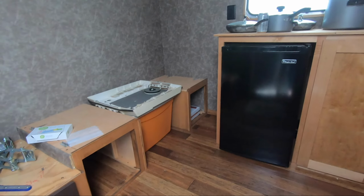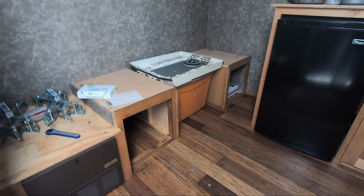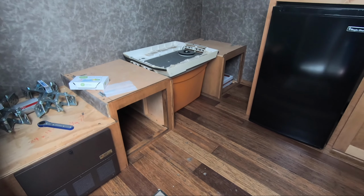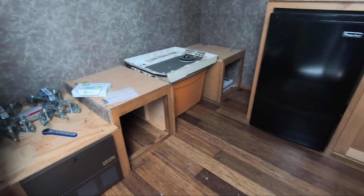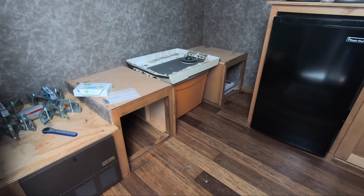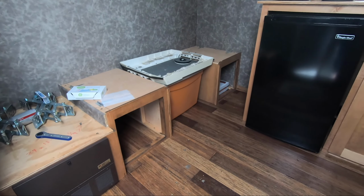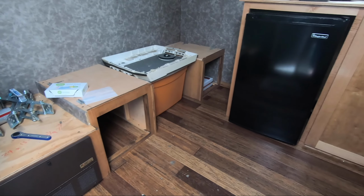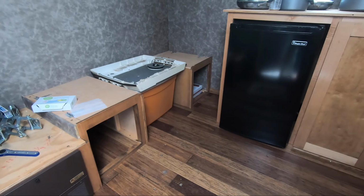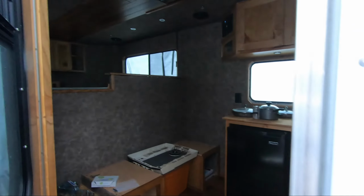There's still some additional trim work to do. We were undecided how we wanted to finish off this little sit-in kitchenette area, if you wanted to do a pull-out or a bench type couch and bed. And I believe we are going to take this out in favor of a pull-out or some sort of a modified pull-out bench couch option. Now that we have the 2 kids, we'll need a place for them indoors, at least until we can kick one of them out in a tent for the weekend. So otherwise, this will be another fun project to work on. Kind of lower on the priority list, but